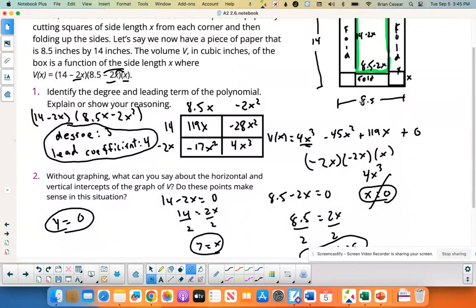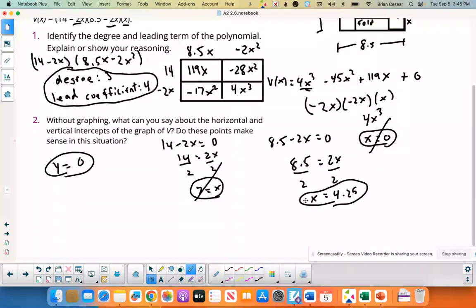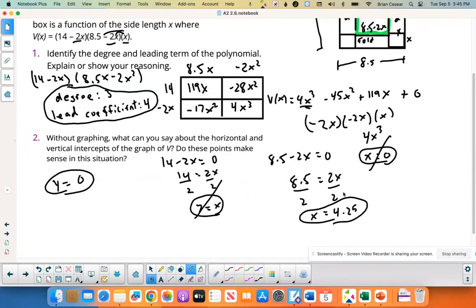I wouldn't have any side left here to fold up. So this doesn't make any sense. So the only one that makes sense is the 4.25. Now I would have just enough left because if I go 4.25 on the right, 4.25 on the left,